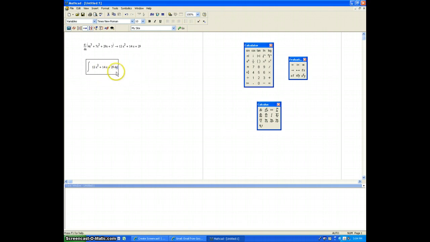Now again, I have to tell the software what I want to do with this calculation. Do I want to get a number out of it? In this case, we're dealing with variables, so I want to get an evaluation symbolically. So we come back over here to our arrow, click on that. It puts it in. It looks like we're all complete. When I hit the enter key, it's going to go through a thinking thing. It gives that green box when it's thinking, and the light bulb on the cursor. And as you can see, integration takes a little bit longer because it's a little bit tougher for it. And out pops